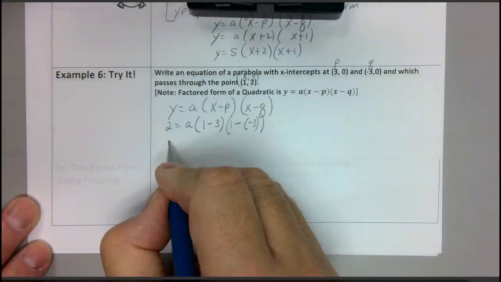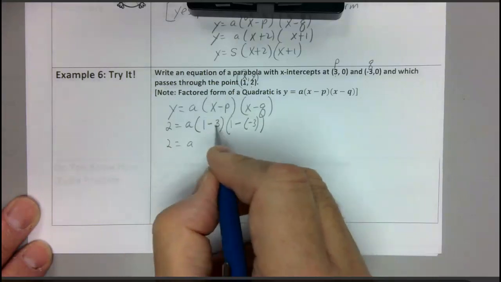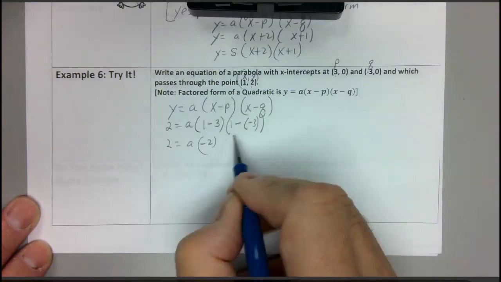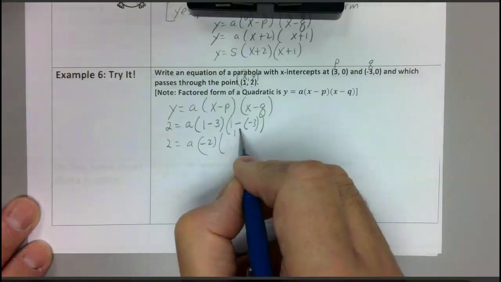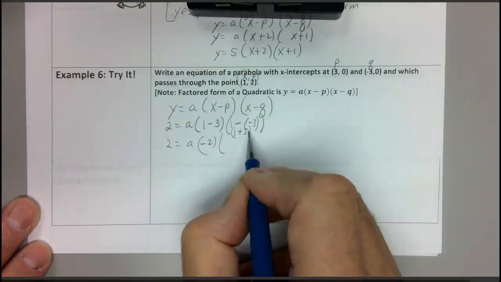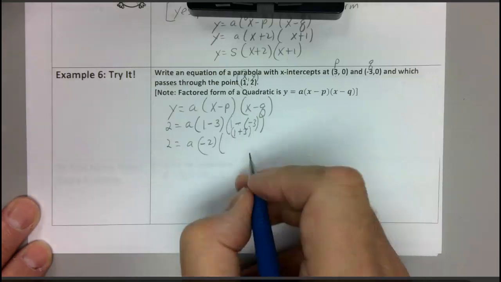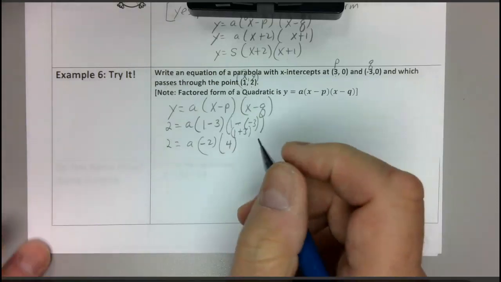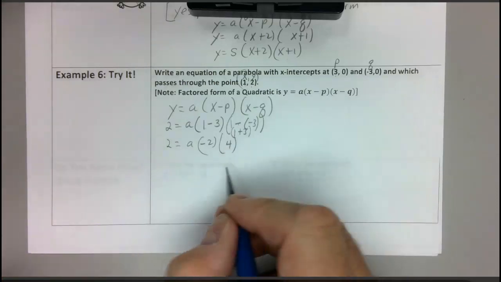So 2 equals a times 1 minus 3, which is -2, and then 1 plus 3, which is 4. So when I multiply those two together, I get